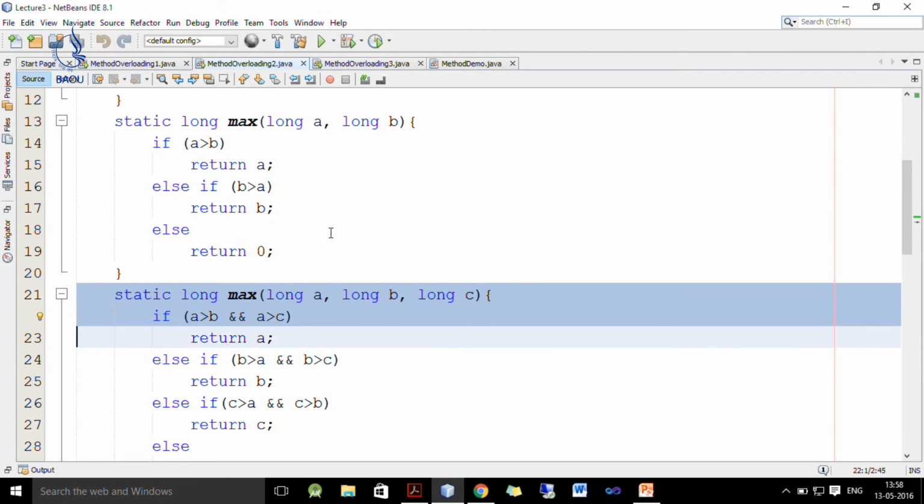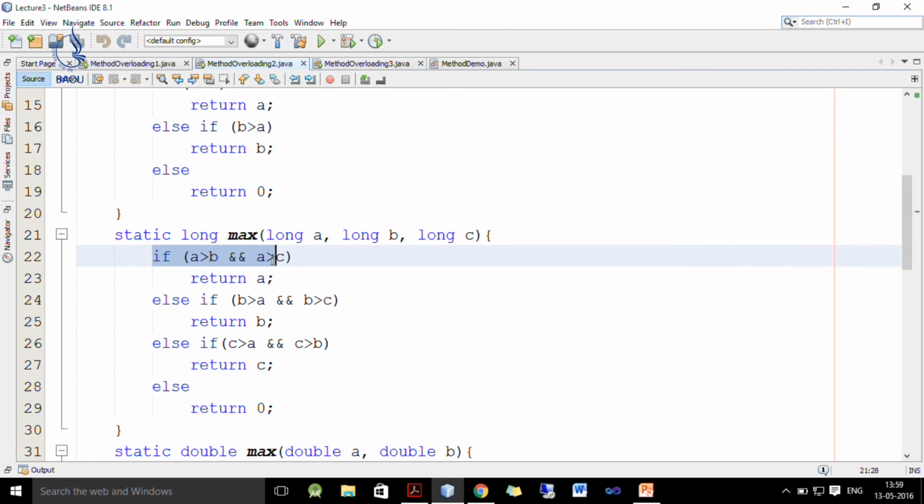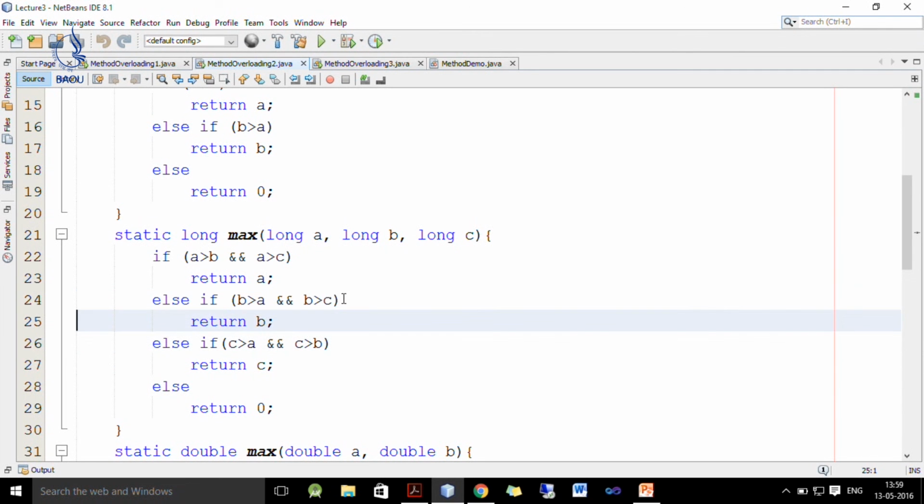In the case of 3 arguments, we have to find out whether one variable is greater than the other 2 variables. Here we have parameters a, b, c, and first we check whether a is greater than b and a is greater than c. Then a is maximum, so we return a. In the second else if we check whether b is greater than a and b is greater than c. Then b is maximum, so we return b.